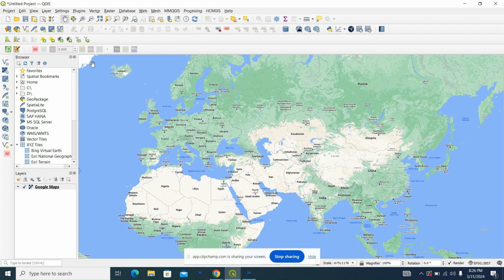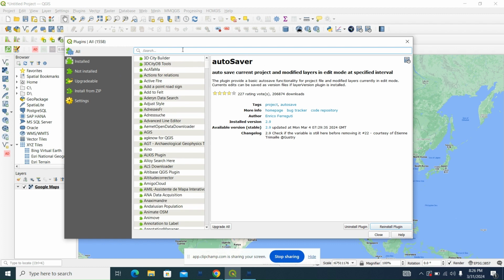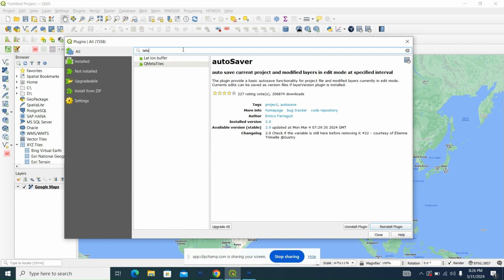The other important plugin you have to install in QGIS is the lat long plugin. If you want to find the lat long of any country or any region or any zone of interest, you have to install the lat long plugin into your QGIS. So how do you install the lat long plugin? You go to Plugins, Manage and Install Plugins, remove this, and here you write lat long tools, lat long buffer or lat long tools,